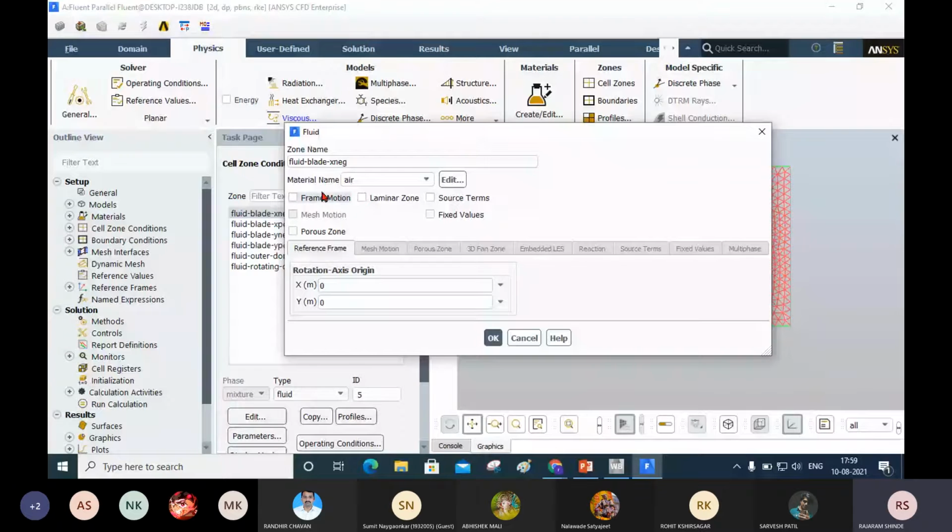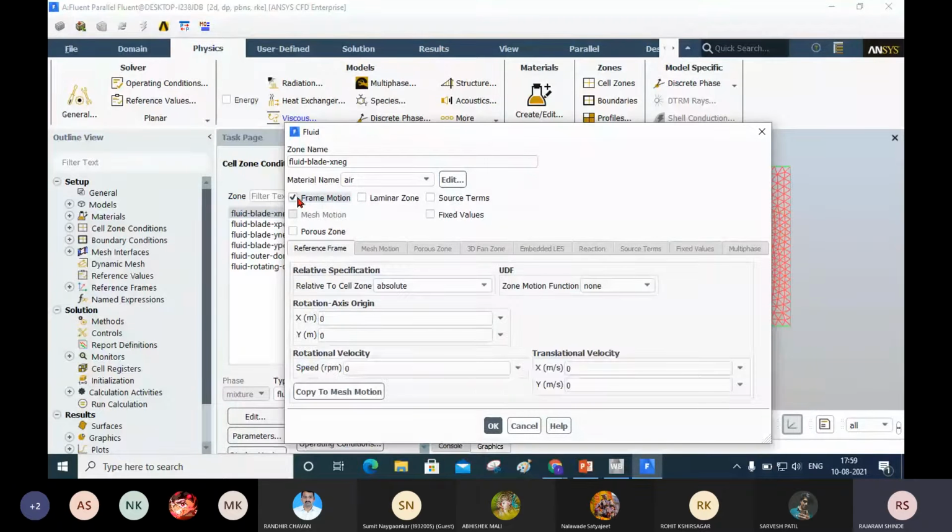I will set the frame motion, and then we have to specify whether this is rotating relative to another zone. Yes, it is rotating relative to another zone, and we have to select that relative zone. Click here, and it is rotating with the rotating core.